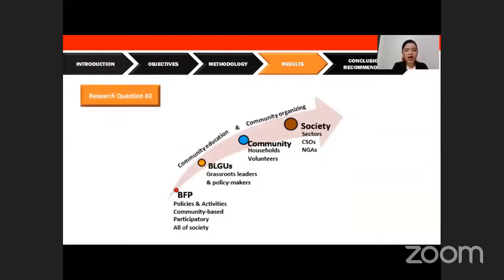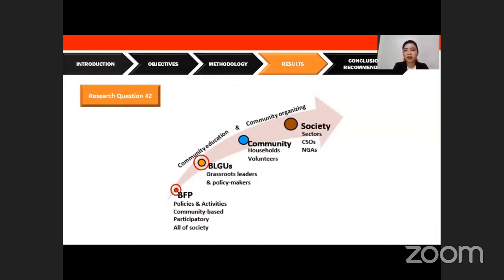For the process, or as to how the BFP channels these principles contained in their projects, programs, and activities, these principles include bayanihan, all of society approach, full participatory approach, amongst others, and how they translate it and how it becomes community praxis. It all starts with the BFP through their policies and activities, then translated to the BLGUs, where